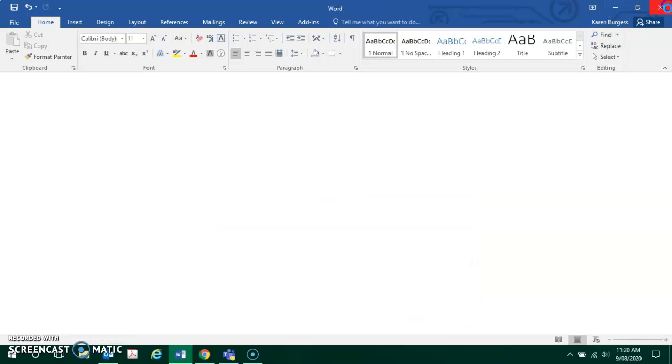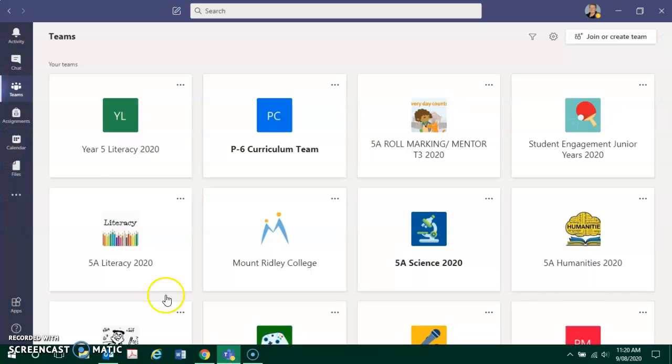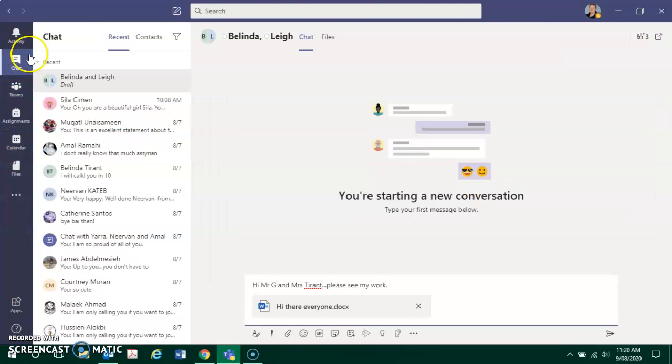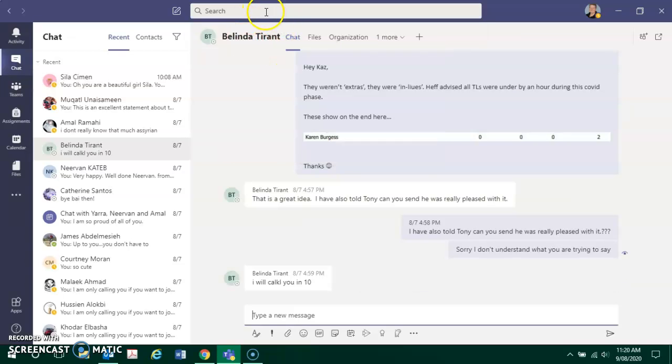Then I can close that off and I'm going to go back into Teams. So in Teams, I will click on Chat and I'm going to start a new chat. So I'm going to chat to